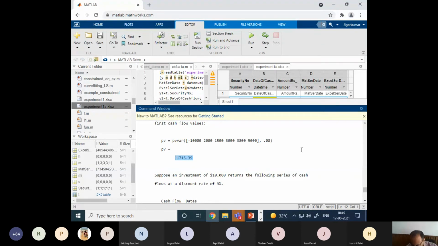I hope you understand. In today's economy, at this point of time, if I plan to do this, the present value of my gain is 1715. It is not a gain realized. I hope you understand this. Any doubt?